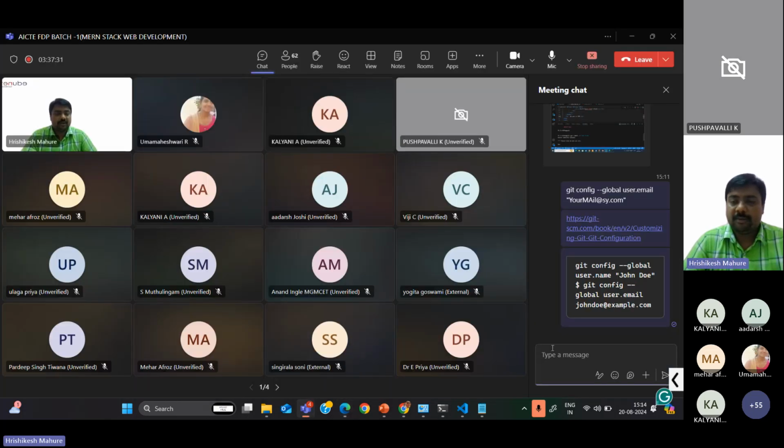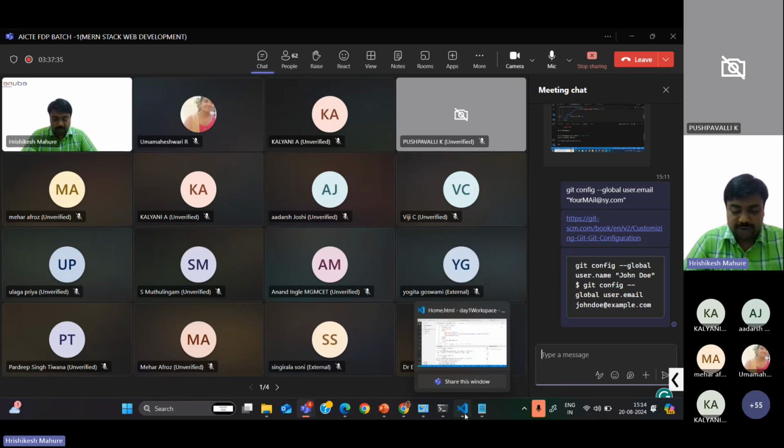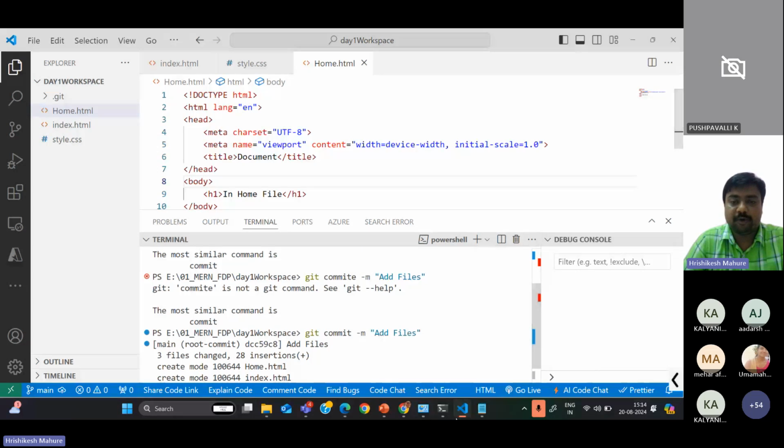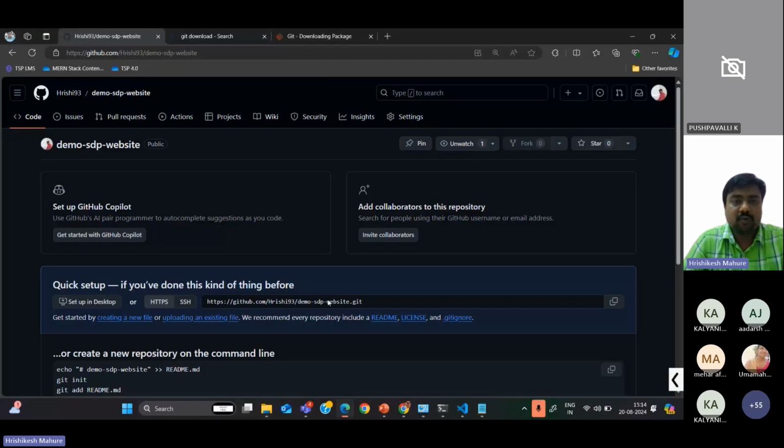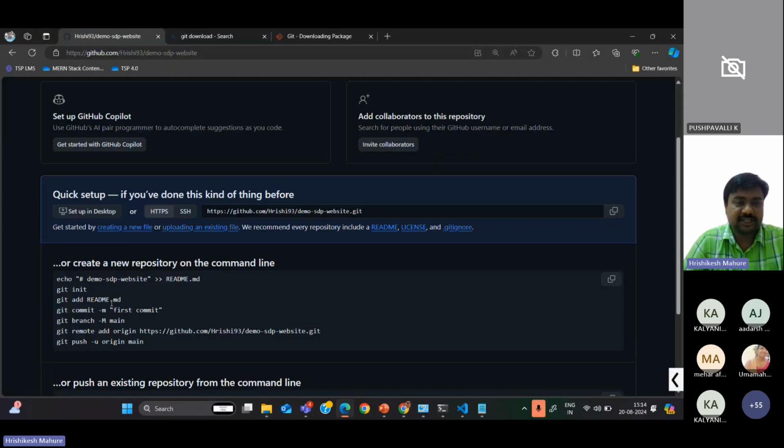Okay. Now that we have created the repository, I want to push the code into it. If you want to push the code, we will get some instructions. We have already executed git init and the first commit command. Now we need to